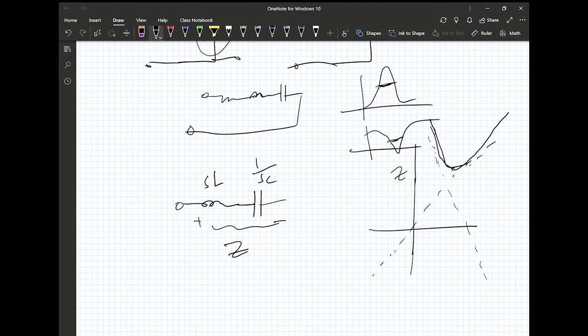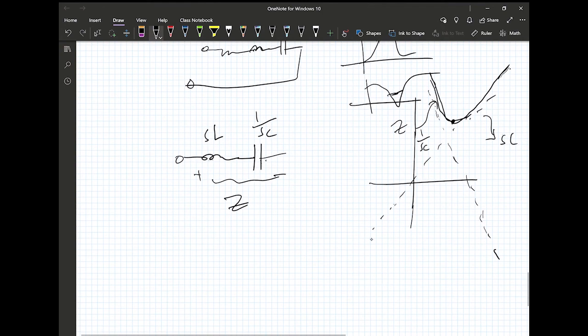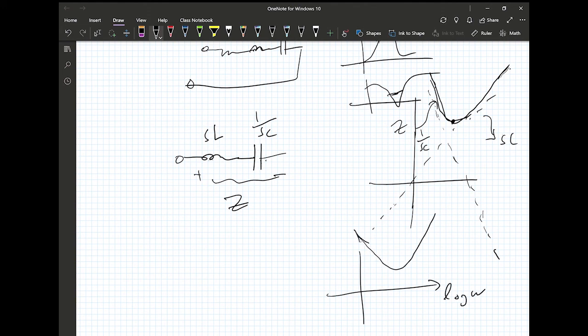So there is going to be a point of minimum impedance, right? And then at high frequencies, the capacitor is going to dominate. At low frequencies the capacitor has a very high impedance. So this is where the capacitor dominates, and as the frequency gets higher, the capacitor turns into a short circuit, and this is where the inductor dominates. So the impedance, when we plot it versus frequency, is going to look something like this. Okay,